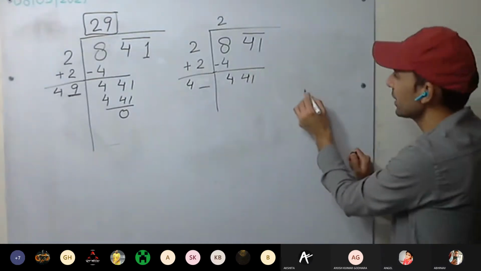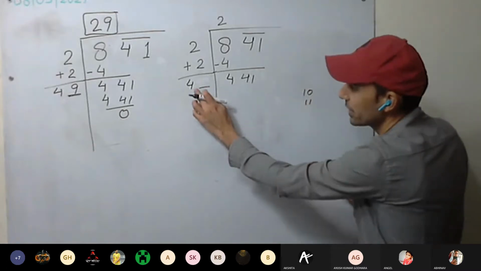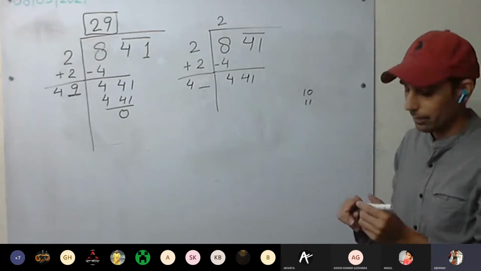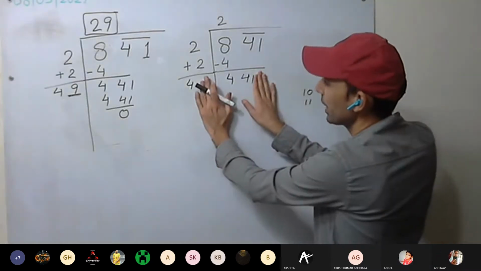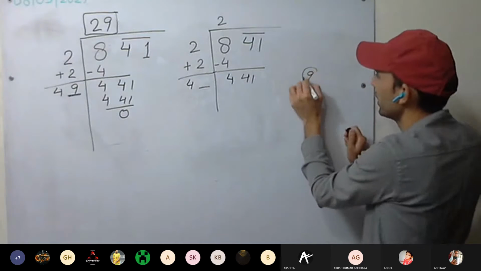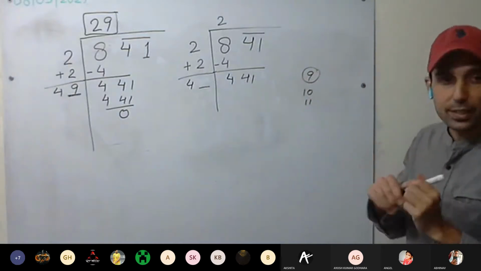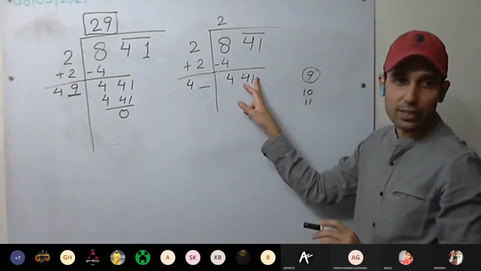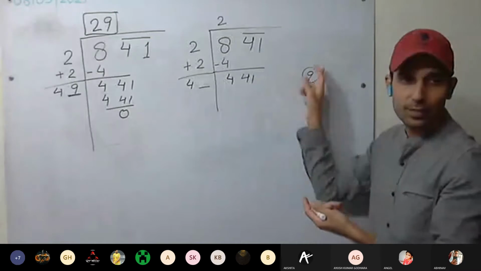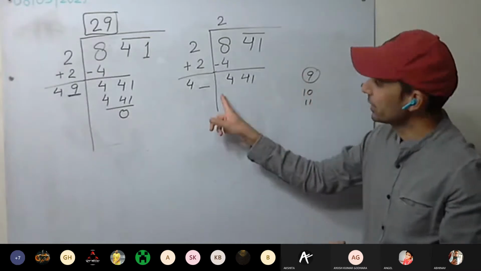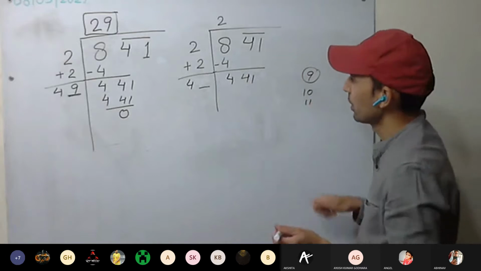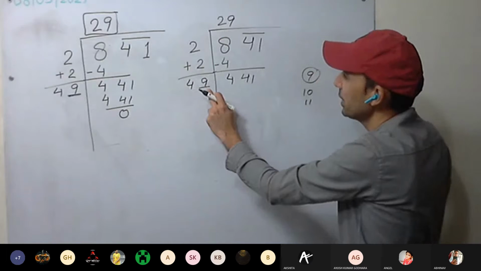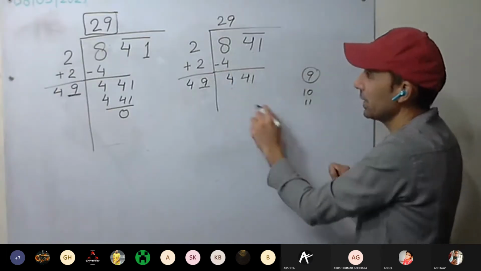But see here, always listen. It cannot be 10. It cannot be 11. Here only a single digit has to come. 11 and 10 we cannot take, so go for 9. Check for 9. For example, if we have taken 9 and it comes out to be more than 441, then go for 8. Understood this one now? We'll be using this in many more questions. So now 9. 49 into 9, we get 441 and it gets cancelled.